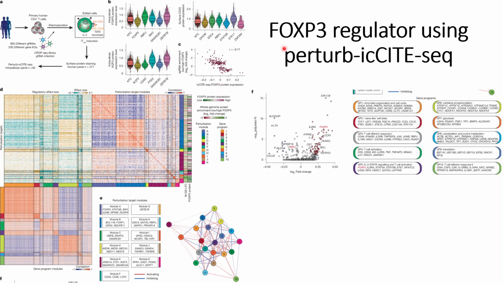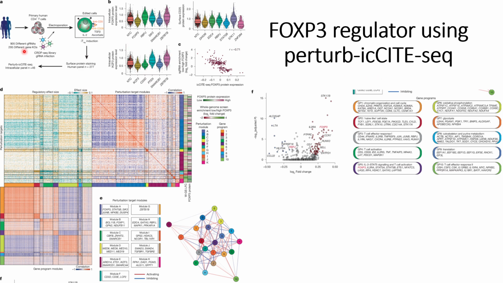In this video we will discuss the FOXP3 regulators using perturb-icCITE-seq analysis. We discussed in our previous video how they made the whole genome CRISPR knockout libraries and used them to find the genes that cause FOXP3 upregulation and downregulation. Here they found the FOXP3 regulators using